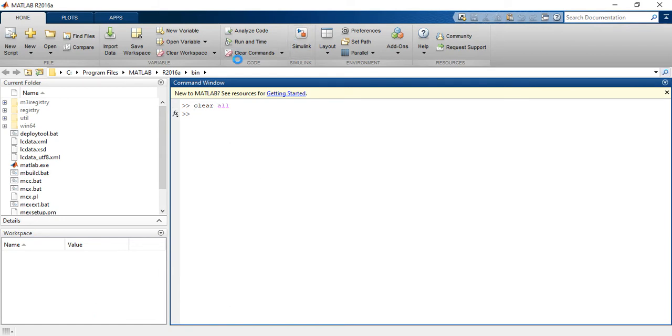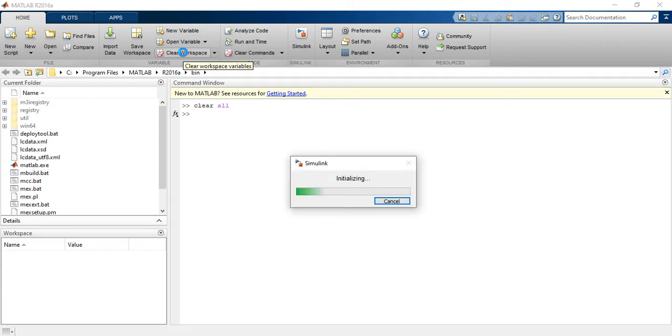I am clicking on Simulink, so it will open the Simulink environment. Again we have to drag some of the components which are required for this. Just wait because it might take longer time in the initial stage. Later it is going to be simple.